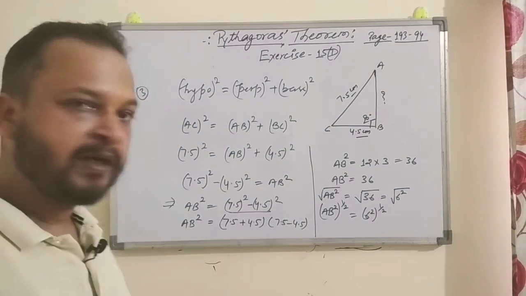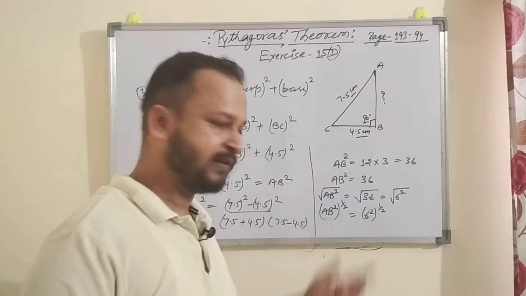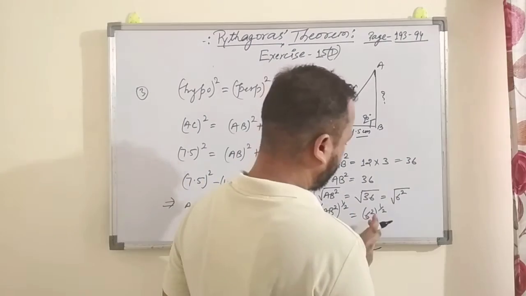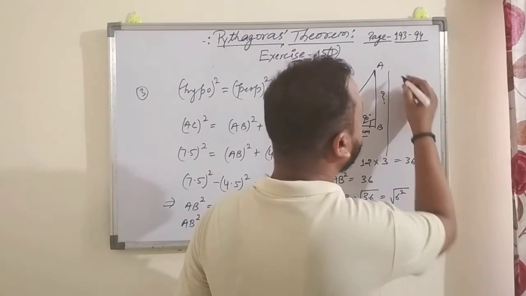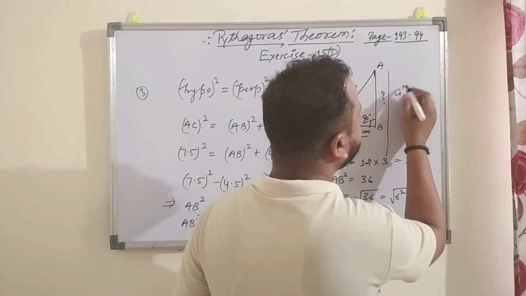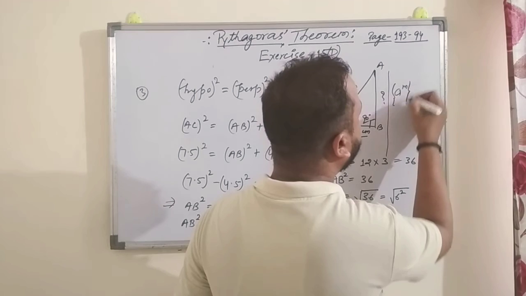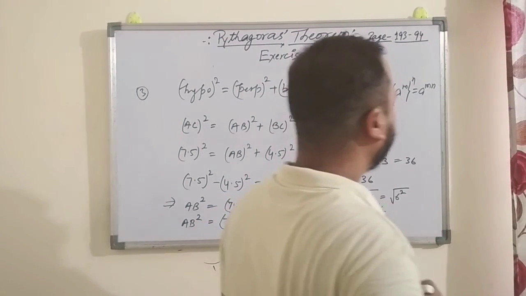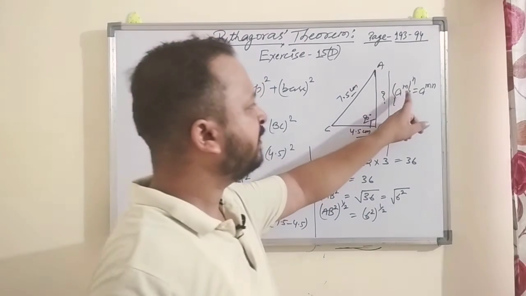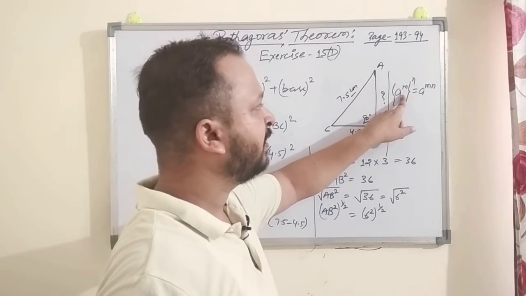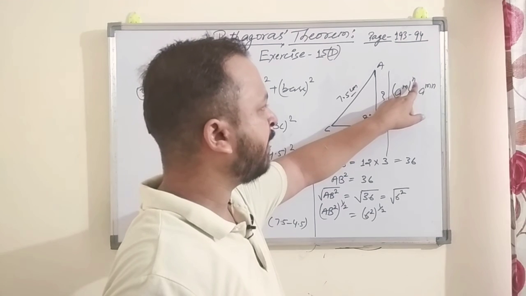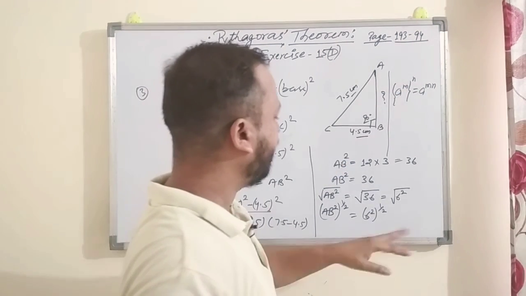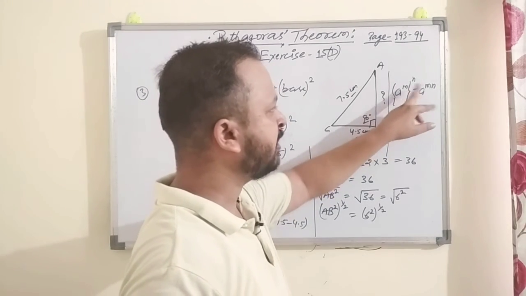In the chapter on exponents, you will study these things. So now one formula of exponents which we are going to use here: a power m, whole power n, is equal to a power m into n. Means anything which is written with a power, and one more power on it, that is a power of a power, right? You will write it as these two powers multiplied.